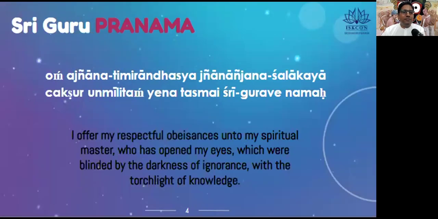So we regularly chant all of these prayers today. So the topic for today is Lord Jagannath's pastimes. The topic is, why would Krishna, the most beautiful of all, take that form which looks incomplete? Right? You see,